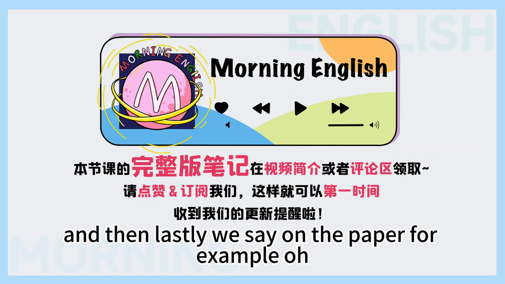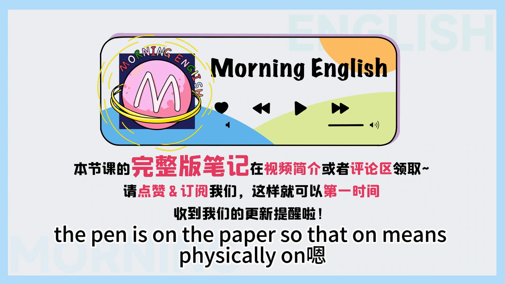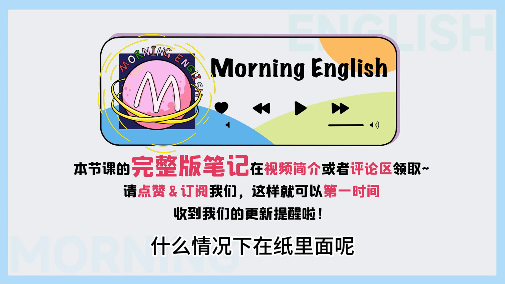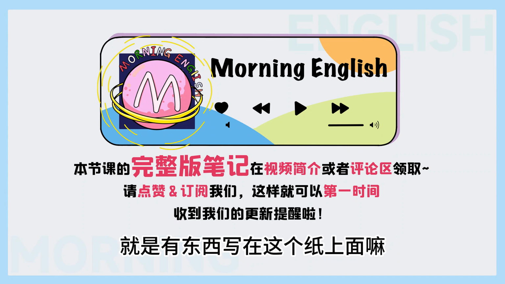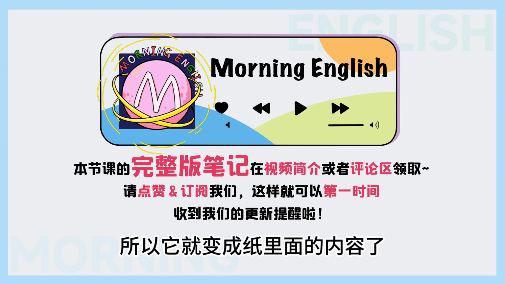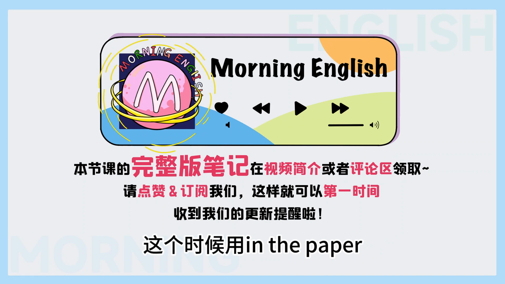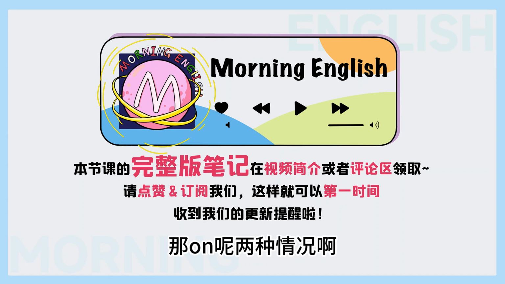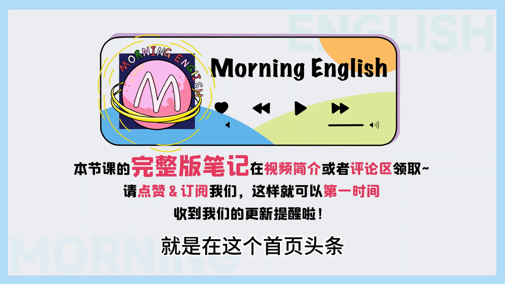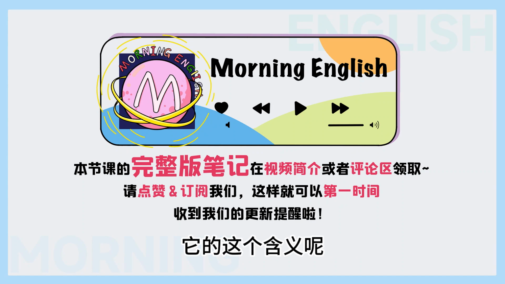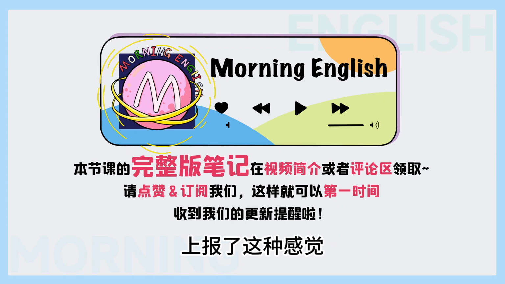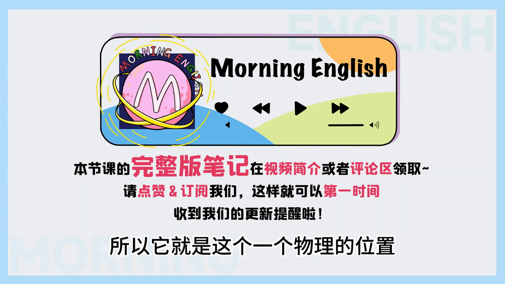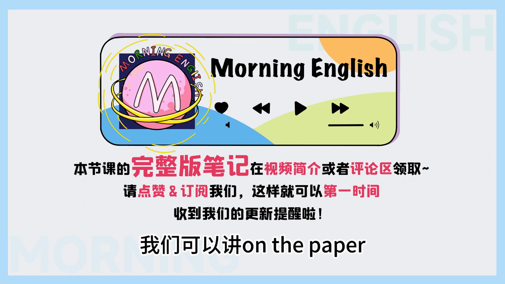And lastly, if we say on the paper, for example, the pen is on the paper, that on means physically on. 好，首先 in the paper 是说在纸里面，就是有东西写在或者打印在这个纸上面，所以它变成纸里面的内容了，比如报纸上面的新闻，我们讲 in the paper。那 on 呢？两种情况，第一种如果是在首页头条，我们讲 on the paper，相当于 on the news，上报了这种感觉。或者你也可以讲这支笔或者这个杯子在这张纸上面，这是物理的位置，我们可以讲 on the paper。